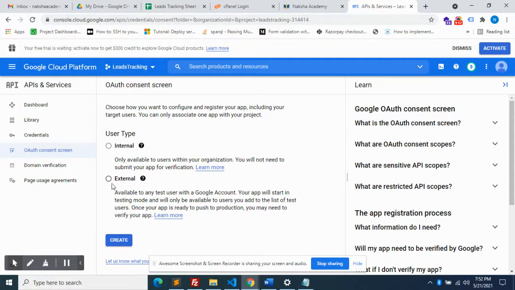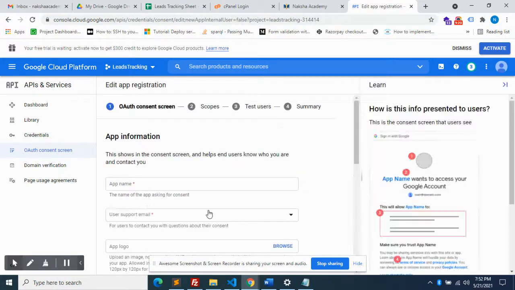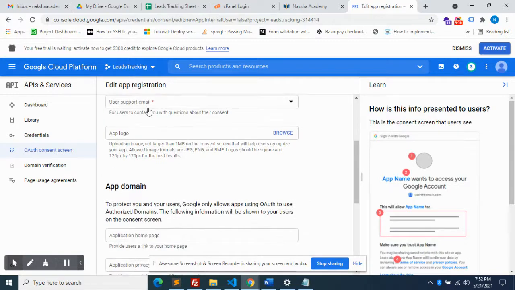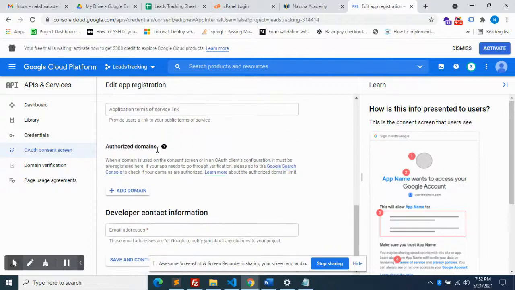So for that, we have to select external. Because we are using a Gmail account, it should be external. Okay. So now we have created it. You have to insert the app name. Our app name is, for example, leads app. The support email, whatever email you are using, you can use it. App domain is not required.